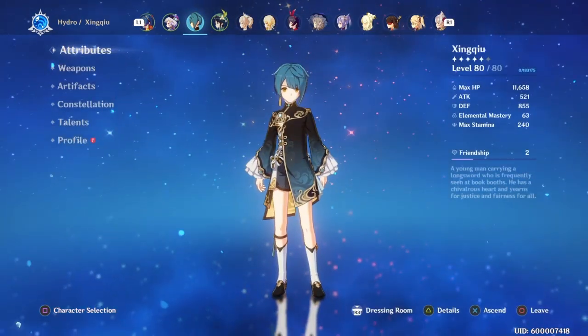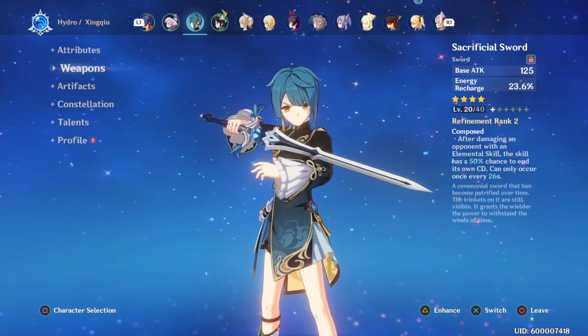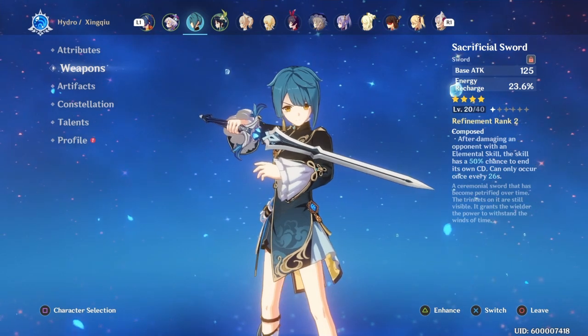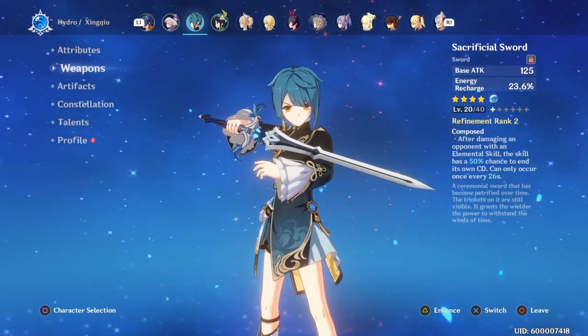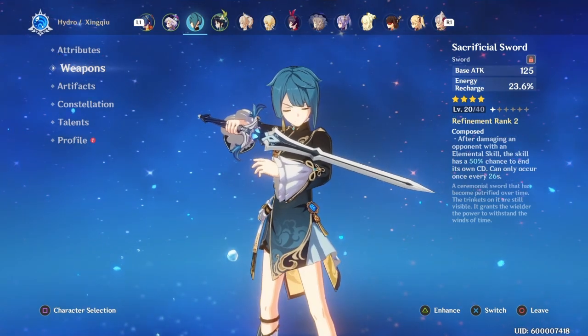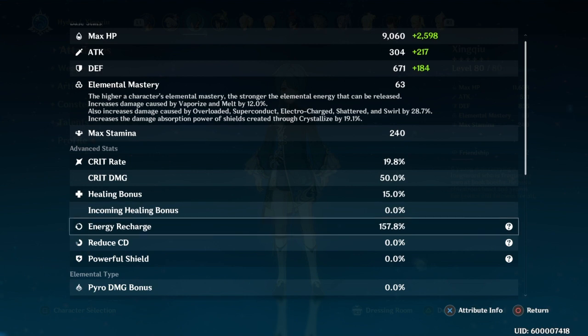And one thing you want to really focus on, you really want Sacrificial Sword on Xingqiu. It's absolutely necessary for him to be pulling that support role. You really want to try to get the refinement on it, because at refinement 1, it's not that good, but at the higher refinement you get, odds are it's going to proc very often. So now if we go here, the most important thing is getting to about 180% energy recharge,